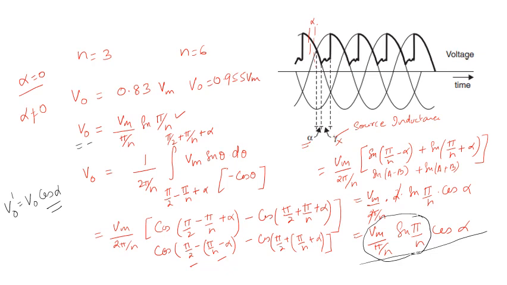Now next, in the next slide we will take into account gamma, that is your source inductance. If you don't know the effect of source inductance, better go through those things in your power electronics course. It will be helpful for you to see how gamma decreases the average voltage.